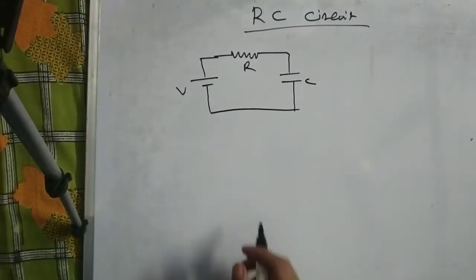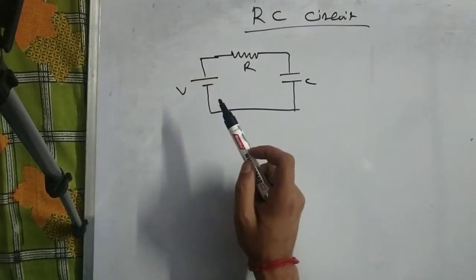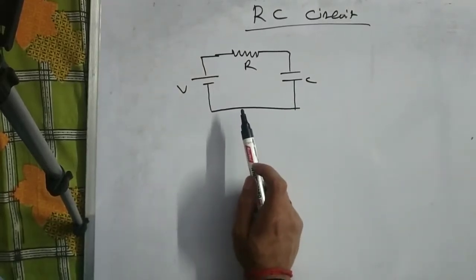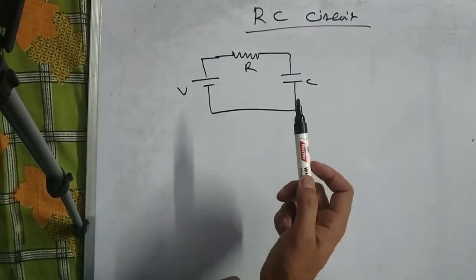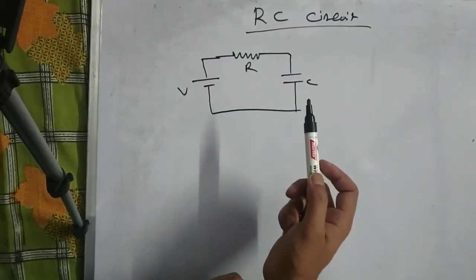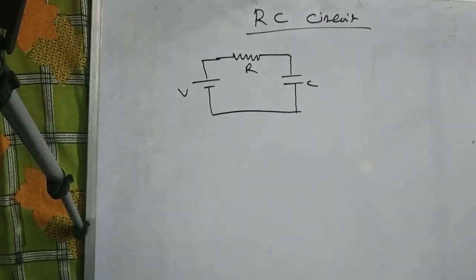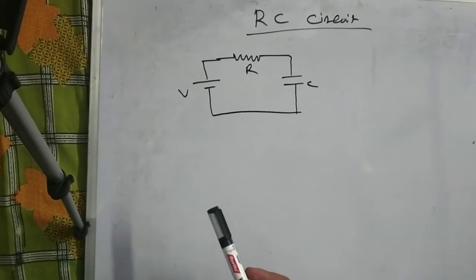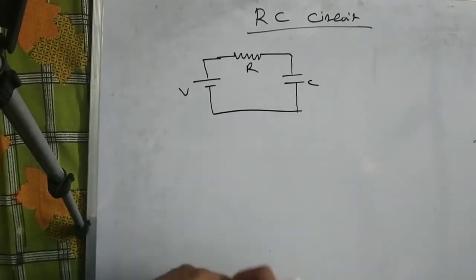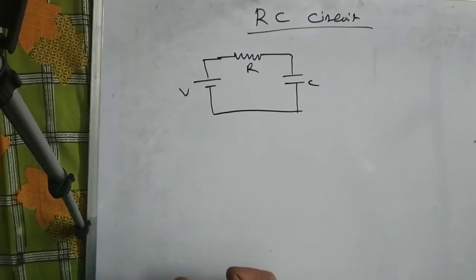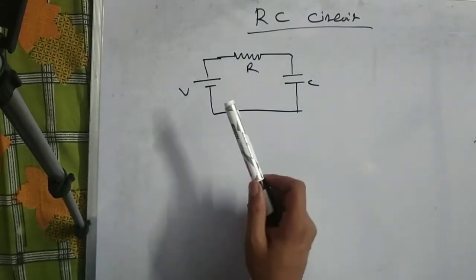We will analyze today the RC circuit. In the previous class we derived the formula of the inductor current for transient analysis when a unit step voltage or DC voltage is applied to the inductor. We found the response of this series circuit, found the inductor current and drew the inductor current graph, and we have discussed the time constant. The same thing we'll discuss here.